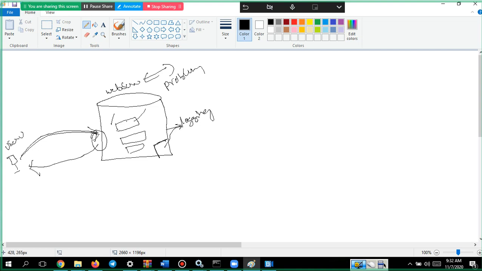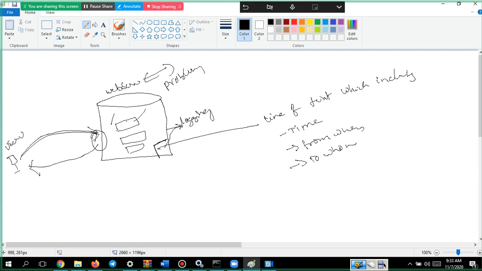This logging looks like some line of text which includes the time, from where it has come, to whom it went, what they wanted, which is the request, and what your response was.